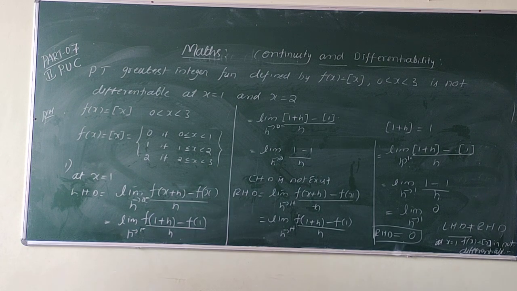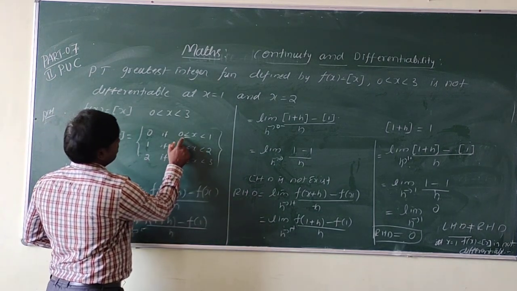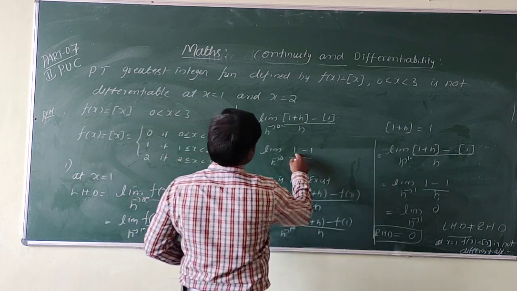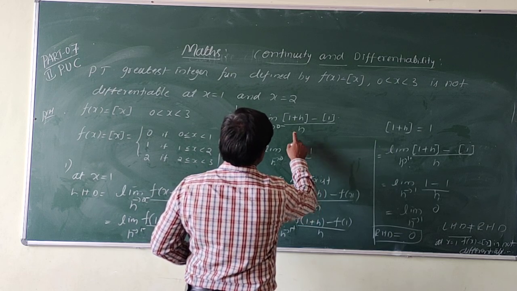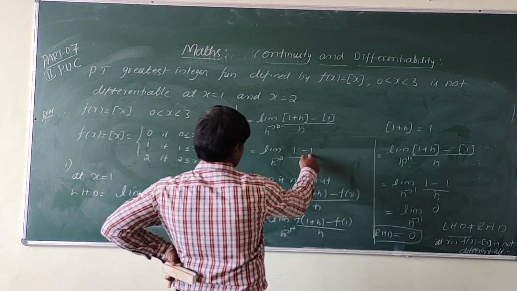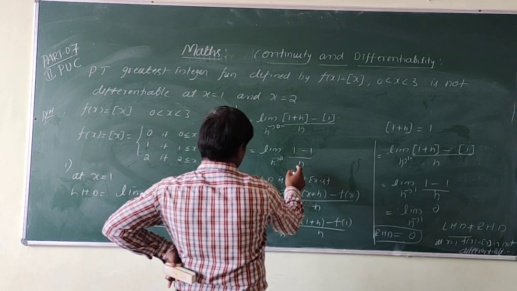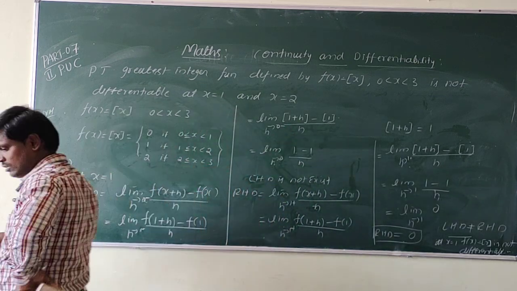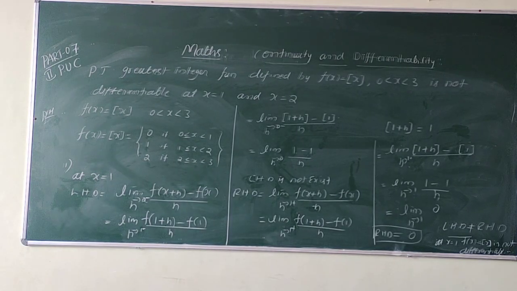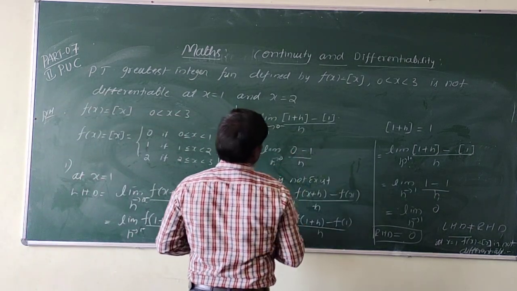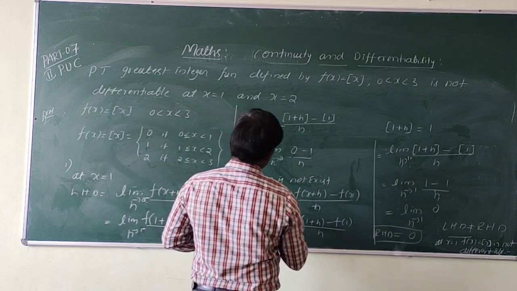So 1 plus h. See, for all the values between here, that is 0. Okay. So this is nothing but 1 minus 1. Once again see here, 1 plus h. So there is one mistake here. Once again check. This is 0. Okay. So this is not 1. So this is 0. Okay. So as it tends to 0, so this is not defined.